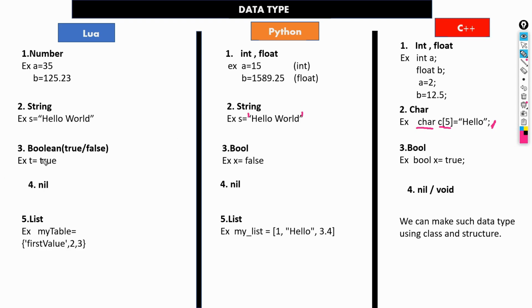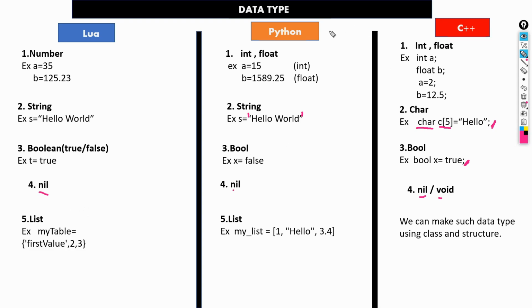Okay, then there are Booleans, like true and false. It's all the same in any language; the only difference is the semicolon, and in Lua there is no semicolon. And there is also null. If you have heard of it in any other programming language, in C++ we call it null or void. In Python it's None, and here also null means the same.